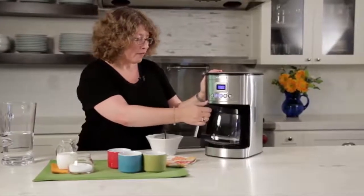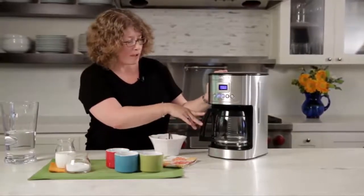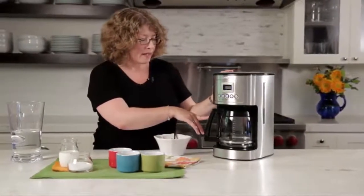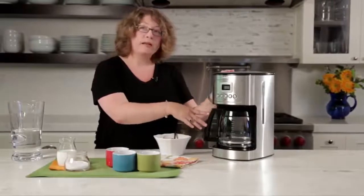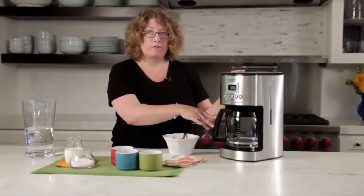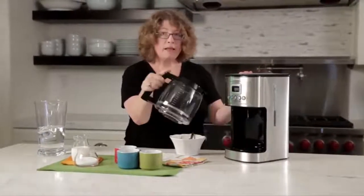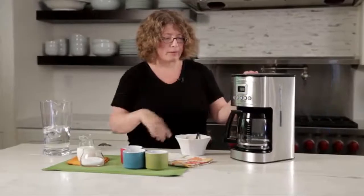The other thing I mentioned is it has a brew pause feature, and the nice thing about that is that when the coffee starts brewing, after you have a proper amount in there, you don't have to wait for the pot to be fully brewed, you can remove this and pour your coffee. It's just starting to brew now. So there you have it, the Cuisinart 14 cup